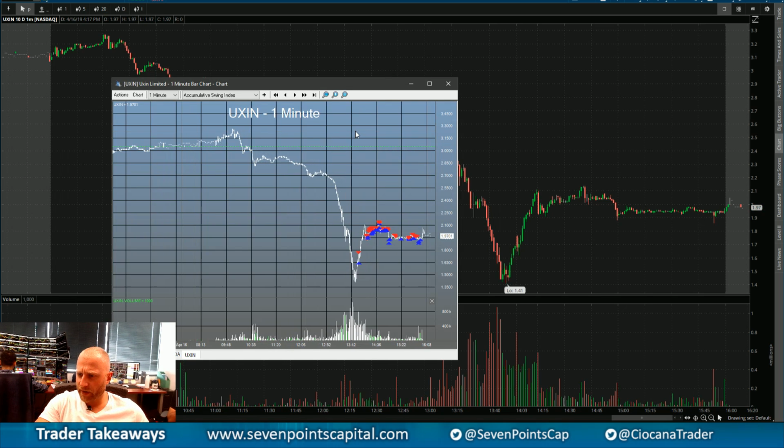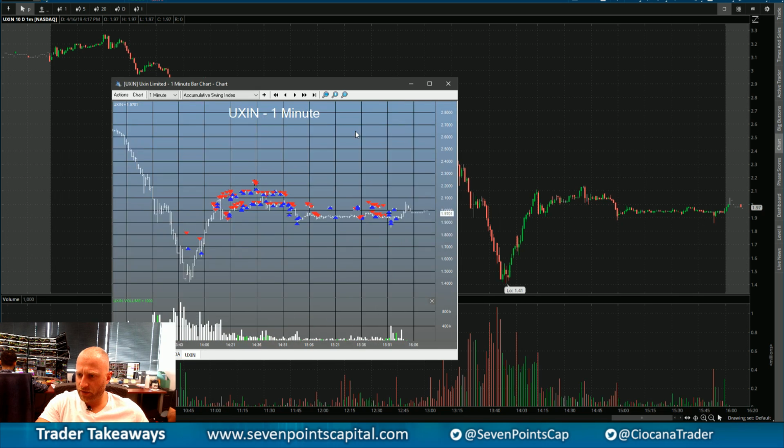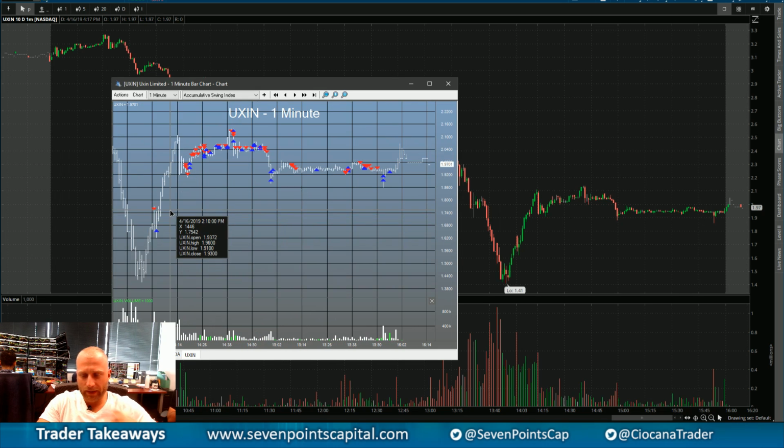There's quite a few executions, but for the most part, I tried shorting this. Noticed a soaker, but that was just a scalp for me. Just covered it really quickly. Tried shorting right here. It didn't work. I noticed a buyer on the tape. There was a pretty big buyer, so I covered the short and I bought quite a bit,